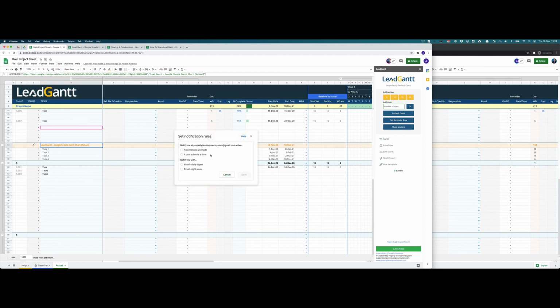So if you click on that, it'll say notify this email address when any changes are made, a user submits a form, or some changes are made. If it is a form, especially, or notify me with an email daily digest, or email me right away whenever a change has been made here. So these are certain features that are already in there. They're already built into it, and we've just leveraged them by